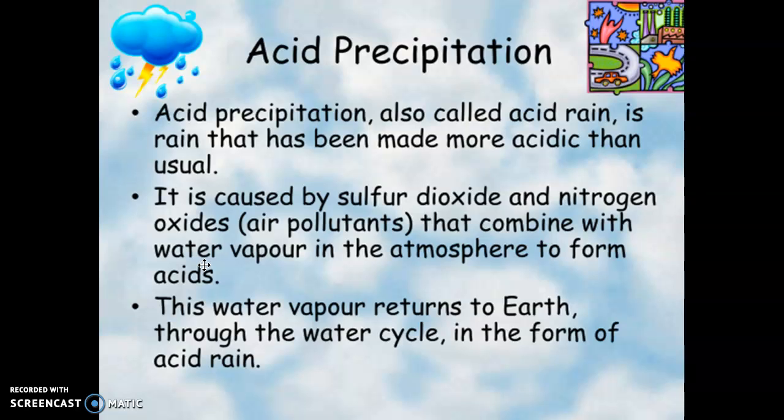Okay, so normally we say acid rain, but really it's acid precipitation. You can still have precipitation in the form of sleet or snow or hail that still has the acidic properties. So what happens here is, obviously in grade 10, you'll learn about this a little bit more in depth, but